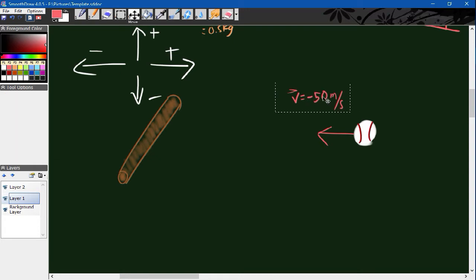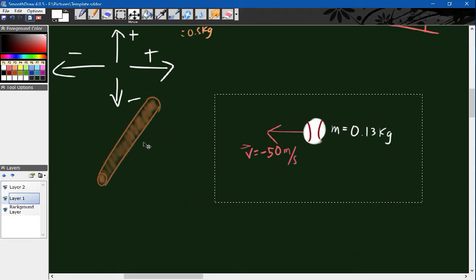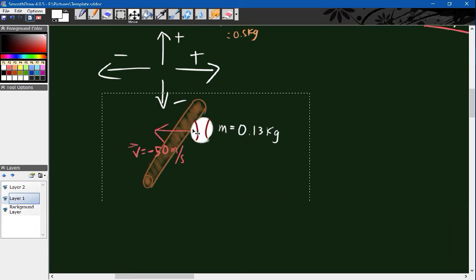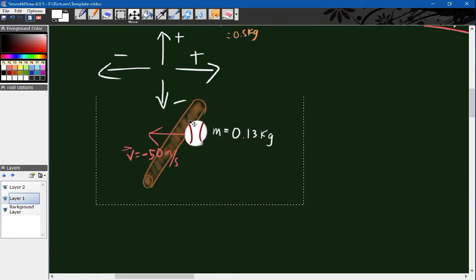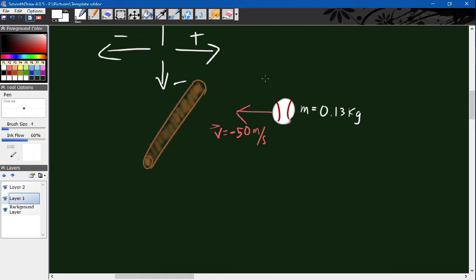second. This is the ball's velocity, and it has a mass of, I have no idea how baseballs weigh, 0.125 kilograms. Wow, nailed it. Or maybe 0.13. Let's round it up. 0.13 kilograms. And it's traveling to the left, going to the stick, and then it hits the stick. Let's say that you're holding the stick, and you whack at this ball really hard, and then